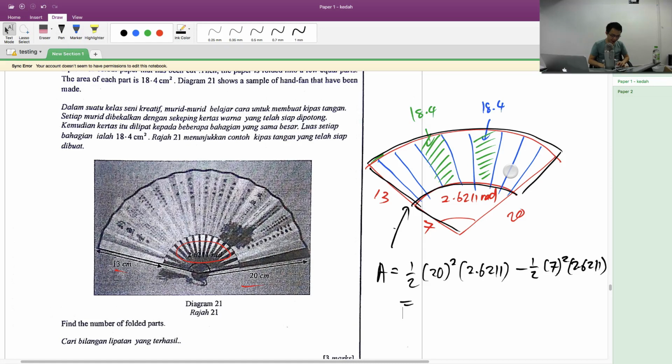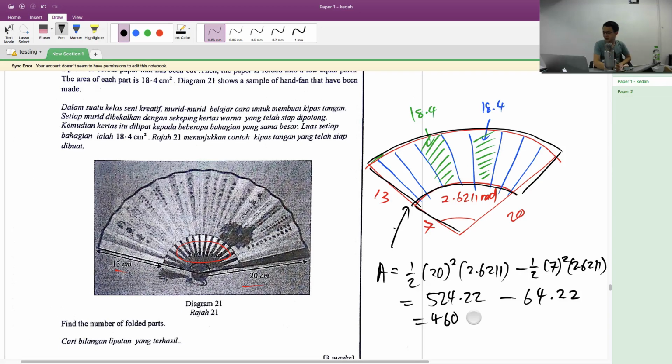400 divided by 2 multiply 2.6211. Then I will get something like 524.22, minus 49 divided by 2 multiply 2.6211. This one I will get 64.22. So 524.22 minus 64.22, we will get, oops, I pressed 2 minus just now,